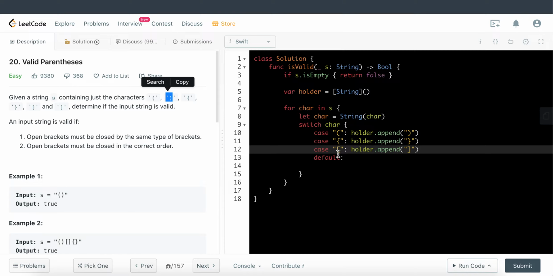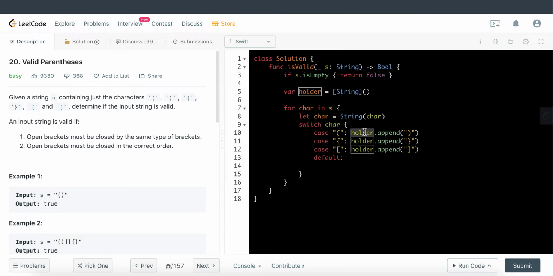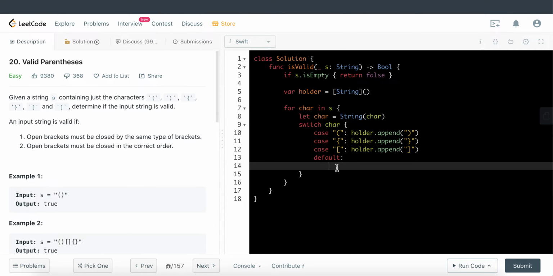What we're going to do here is check whether it matches the last character of the stack, because we need to ensure the order is correct. The reason why checking the last element of a stack is suitable is the principle it operates on, which is first in, last out, as opposed to queues, which are first in, first out. So here, if holder is not empty, just because we don't want to deal with index out of bounds,